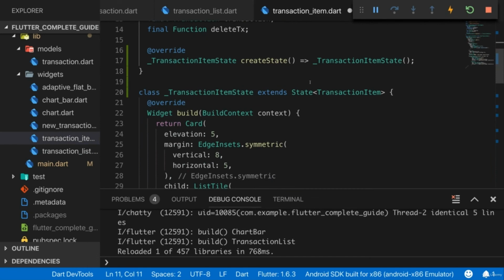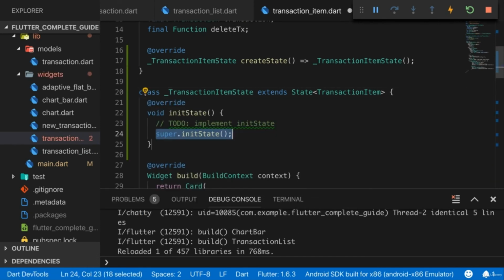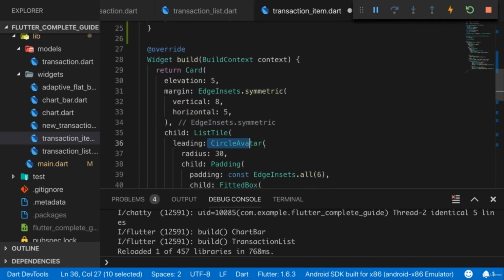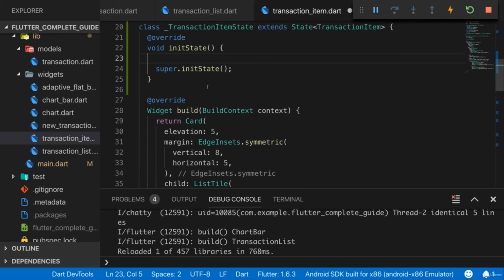And then here in the transaction item state, I'll use initState to set some dynamic data for this widget, which is created for every list item separately, when this list item is added. Let's say we want to change the background color of our circle avatar, and every new list item should get a random color there. For that, here in initState, I'll create a new const available colors,